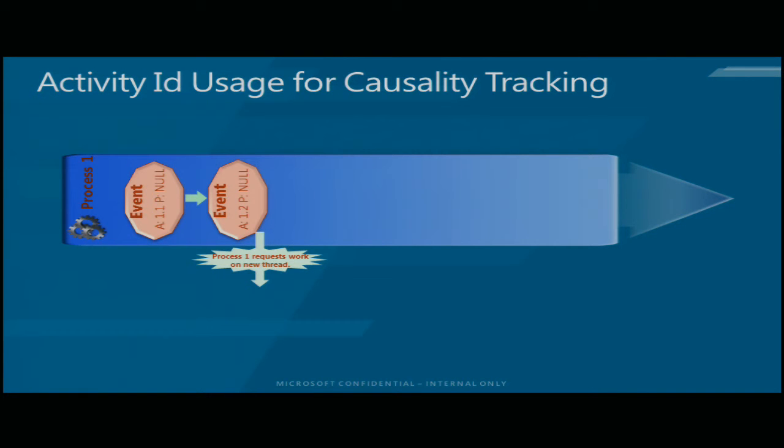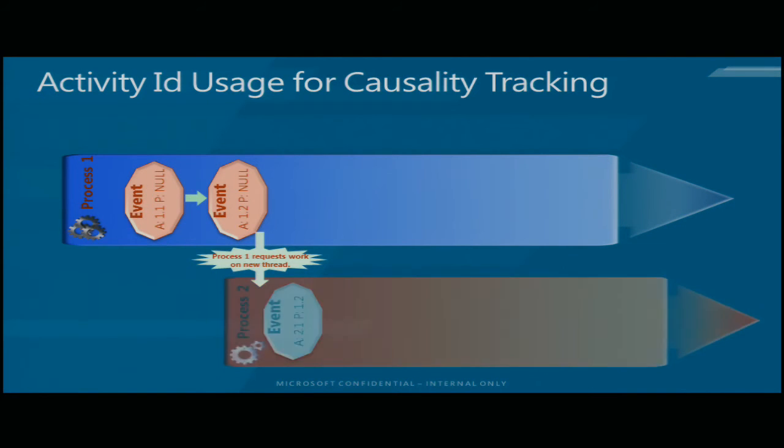Now, how we do correlation is we say, let's say we got to event 1.2 in process 1 and it needs work done somewhere else, like maybe this is a login that's being sent to the server, or maybe it's just 2 threads within SQL Server. Both of them work. But we send this request from process 1 over to process 2 to do some work. And process 2 starts up and it starts firing its own events. And you can see, first of all, that the activity ID is 2.1. So this is a new thread ID, it's a new GUID,